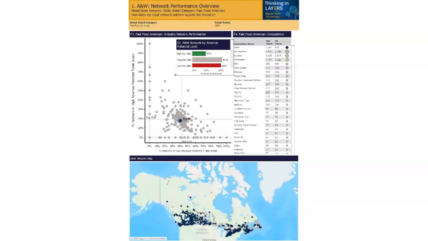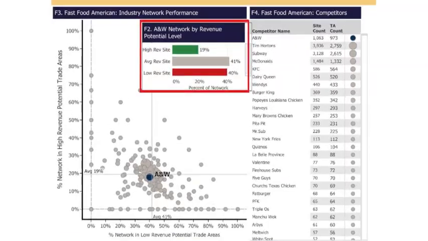Figure 1 is a general summary of the performance of a retail network inside the context of its industry, the A&W fast food network in this example. The smaller inset graphic divides the A&W network into three revenue potential categories. High revenue potential sites are defined as in the top third, average sites in the mid third, and low sites in the bottom third. The larger graph compares the top and bottom revenue potential divisions for all American fast food